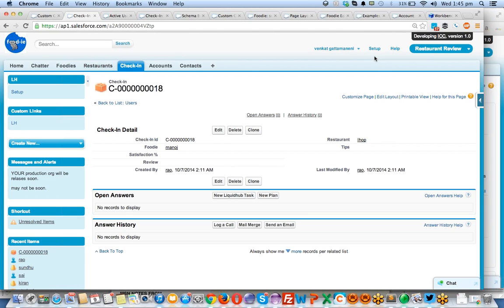You guys got it? So today we worked a little bit on validation rules, then the page layout, multiple page layouts, and assigning them to multiple profiles. By selecting page layout assignment at the object level, you can assign different page layouts for different profiles. And I have shown you the changes that happened.